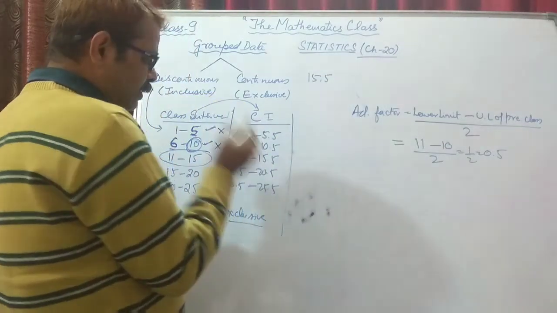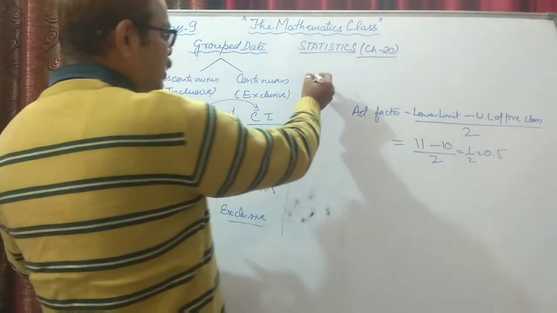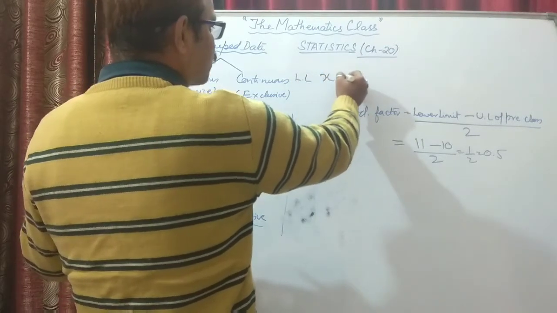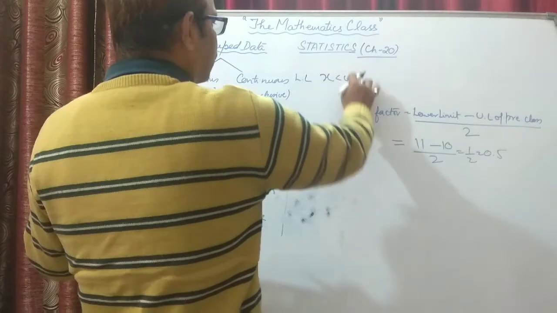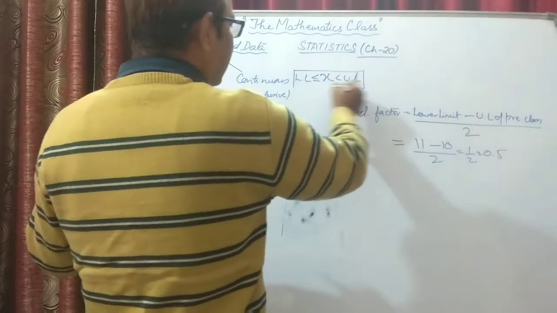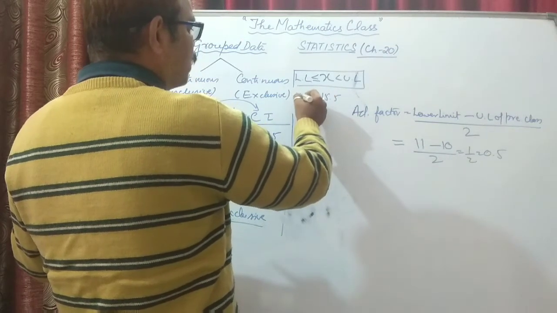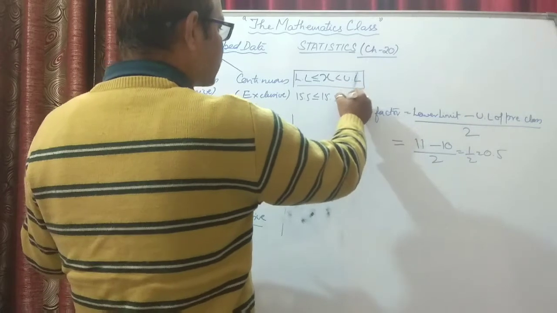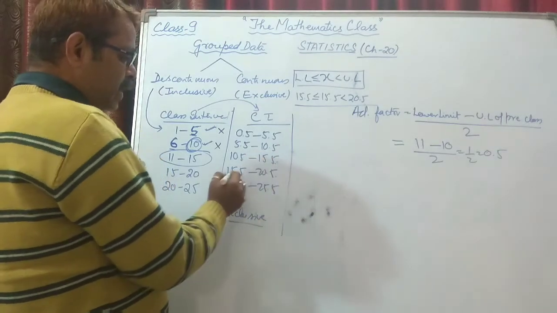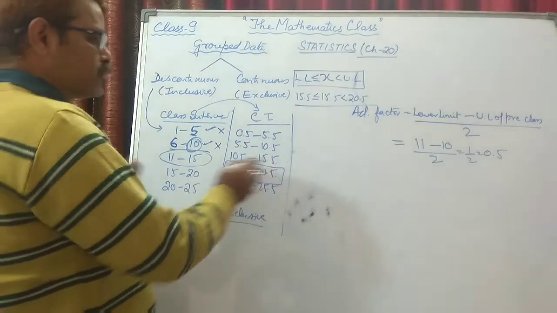15.5 marks. So there is again a confusion whether he will come in this group or in this next group. So always, suppose any number x is there. This is your lower limit and this is your upper limit. So we always mark that number x as, suppose it is 15.5. So 15.5 is greater than or equal to 15.5 and less than 20.5. It means 15.5 will not come in this group, it will come in this group, like that. So this is also one thing.